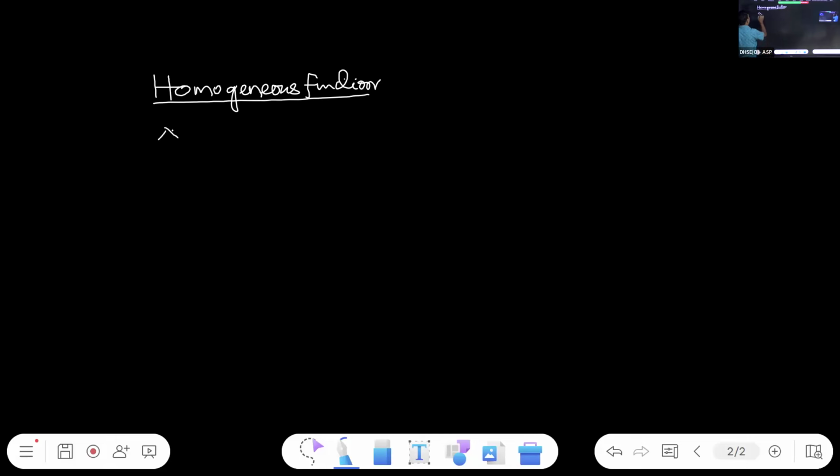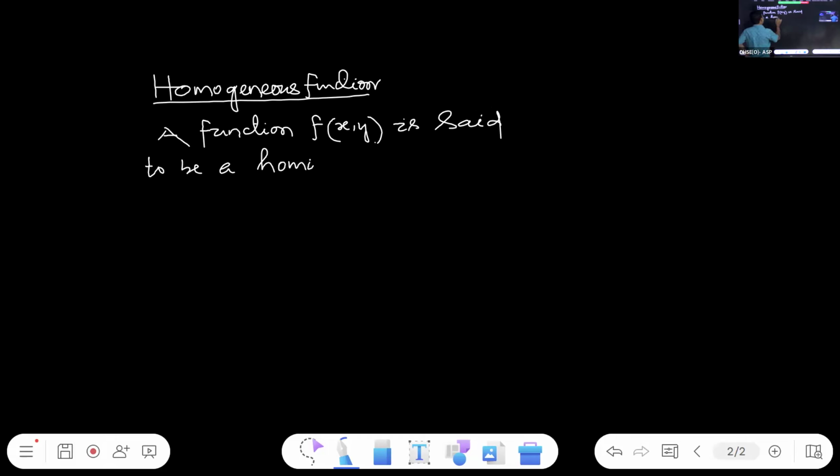A function of two variables f of xy is said to be a homogeneous function of degree n if